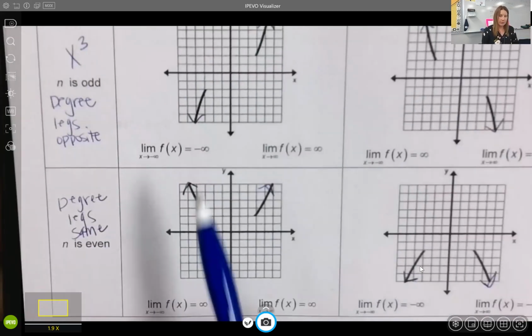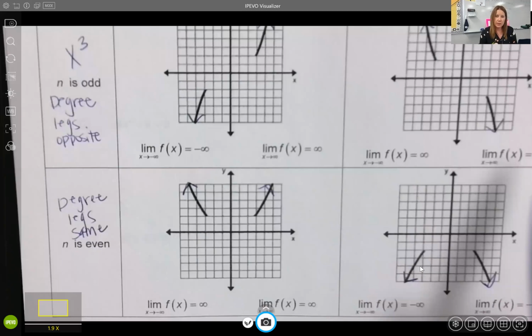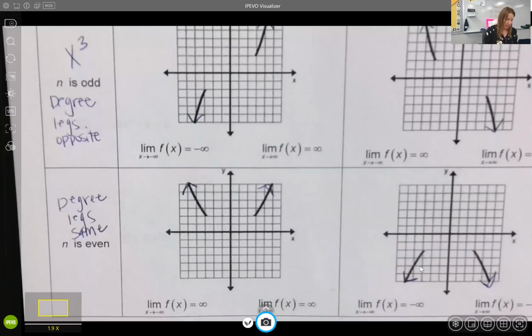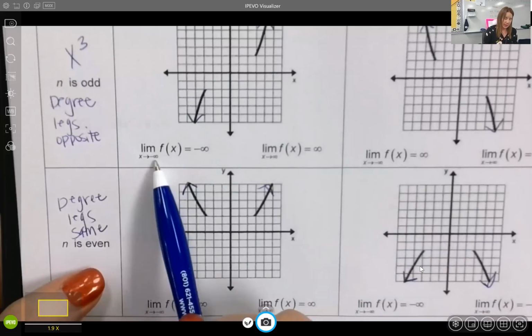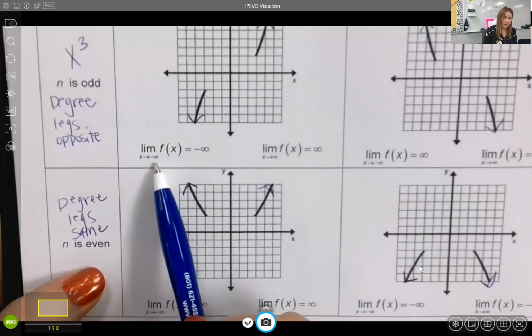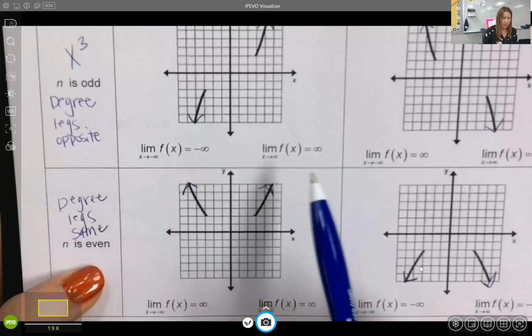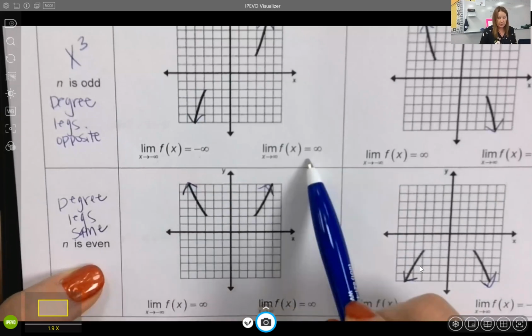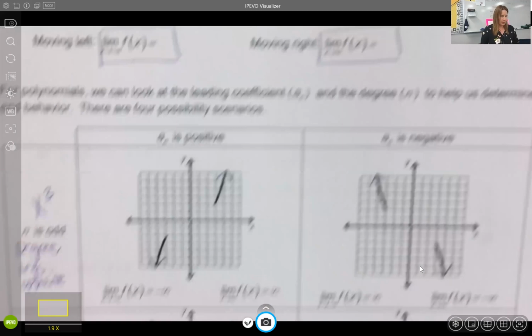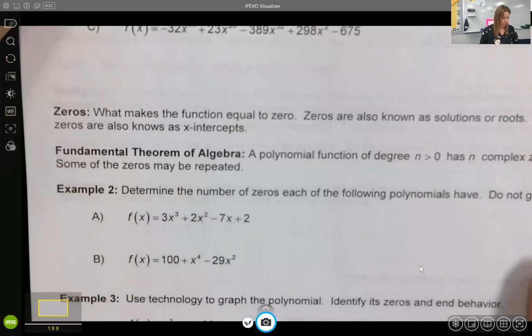And then this is the limit notation that we would write for each one of those. Remember, anytime I have the x with the arrow with the negative infinity, this means left. So this is saying the left leg is going down, and this is saying the right leg is going up. Okay. All right, so we start with